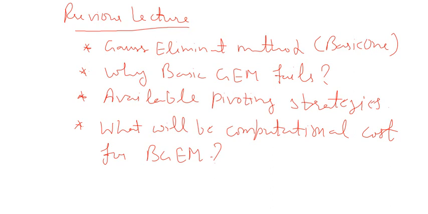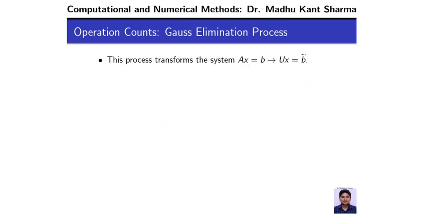Means we are going to count the number of operations required, roughly, at minimum. What we have seen is that the basic Gauss elimination process transforms an original system into a new system where the coefficient matrix A is transformed into an upper triangular matrix,